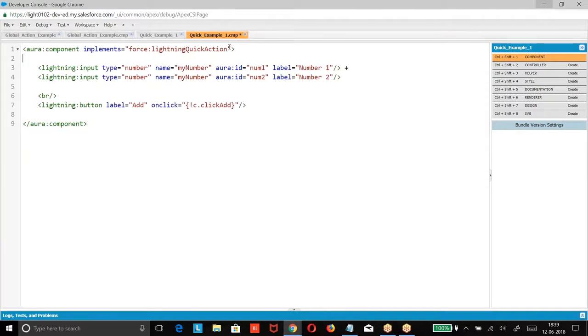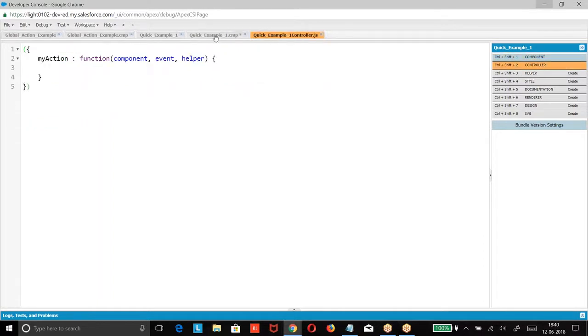Implements force lightning quick action. Lightning input type equal to number, ID number. Any query on this? Lightning input type equal to number, the name, label is number 1, number 2. And we had a button. When you click on this button, click add, the corresponding JavaScript will be opened.